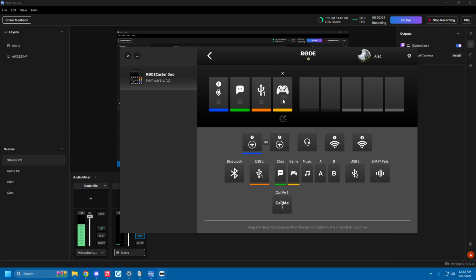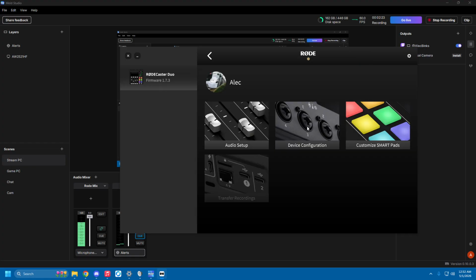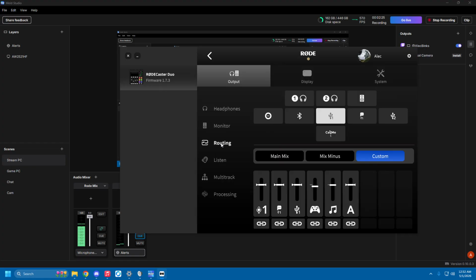We're going to add the game channel for our games, music for our music app, and then I'm going to throw in a virtual A for the browser just to put that on its own channel. Again, just an example. Not all of these are absolutely necessary for this fix. All right, the next thing, we're going to go back into device configuration under the routing,